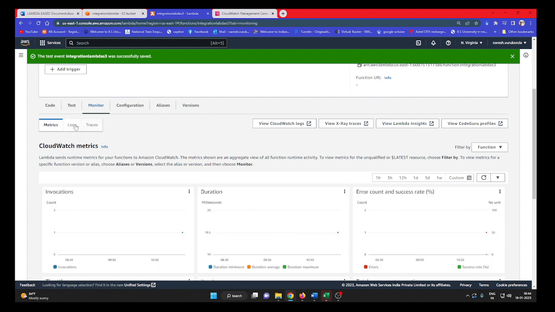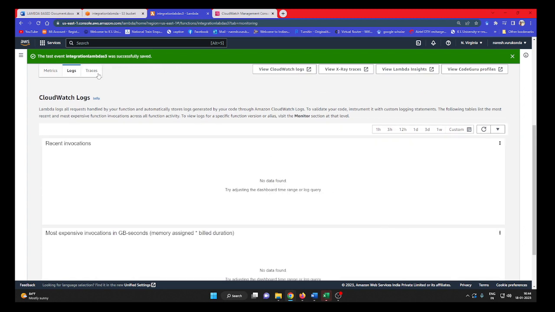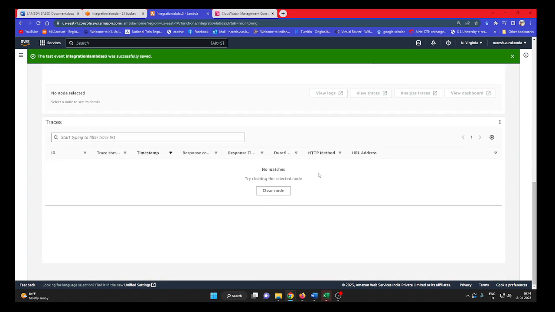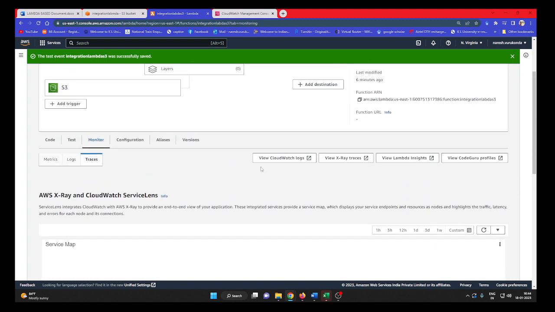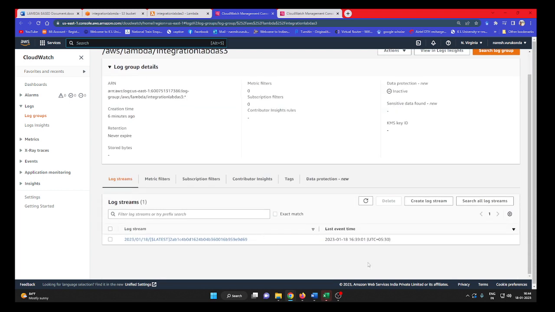Okay, so go to the logs and see what kind of information is being shown here. Click on CloudWatch, and log groups are there. This is on 18th January. If you keep on refreshing,